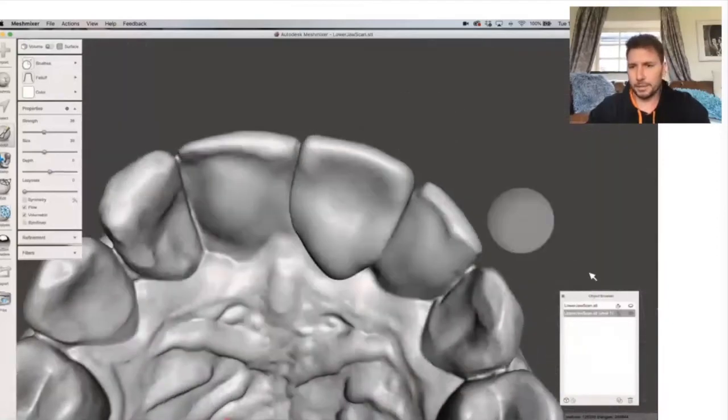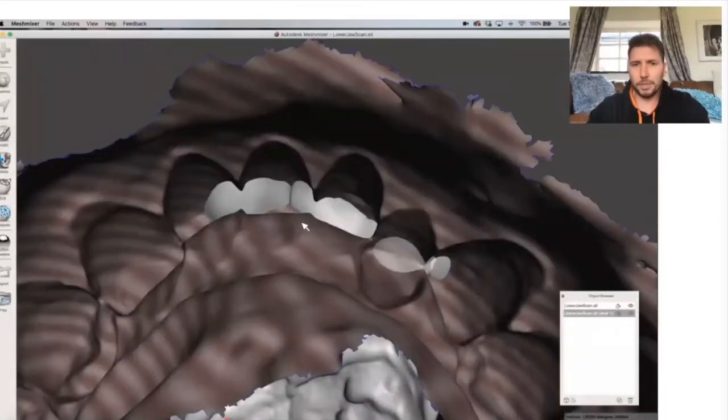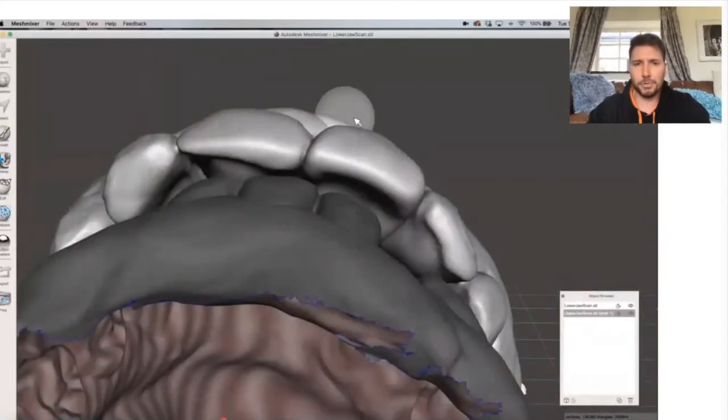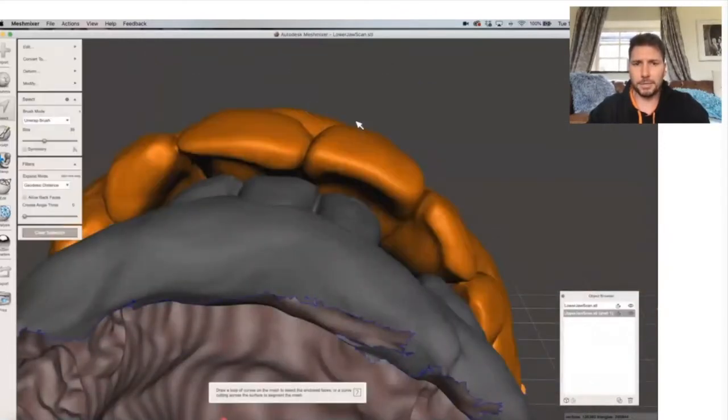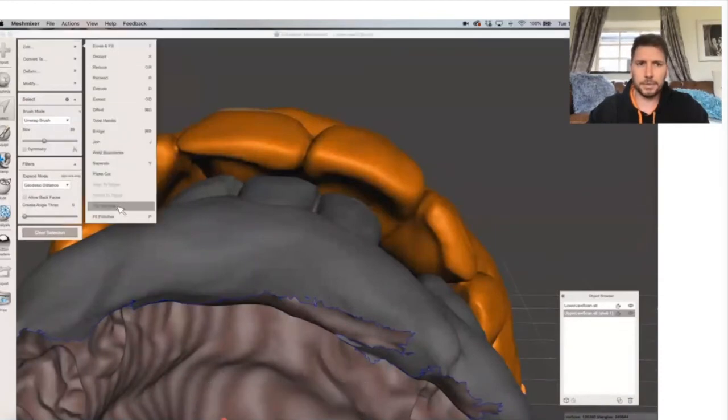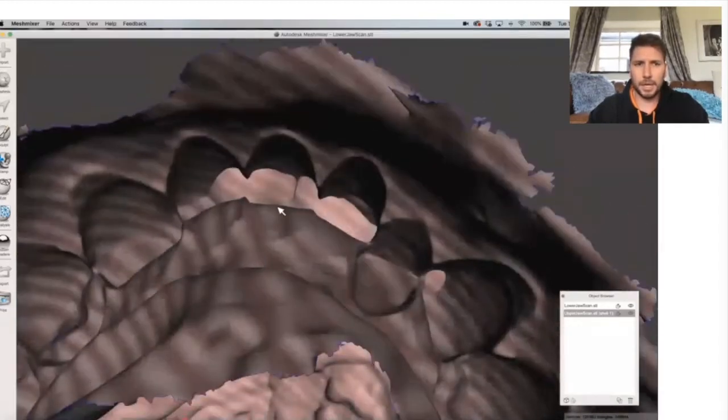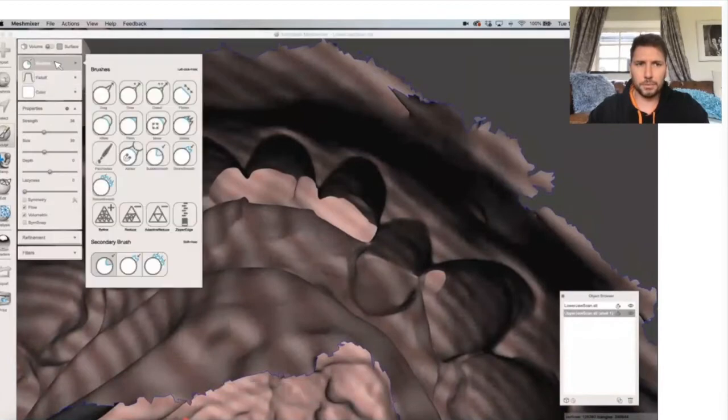So, next thing, the occlusion. If we look here now, look, interfering in a few places. So what did we do before when we were reducing? I'm going to Command and A, edit, flip the normals again, and I'm going to go on sculpt, brushes,